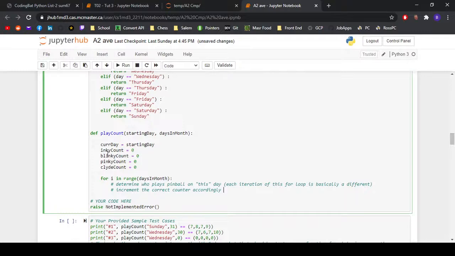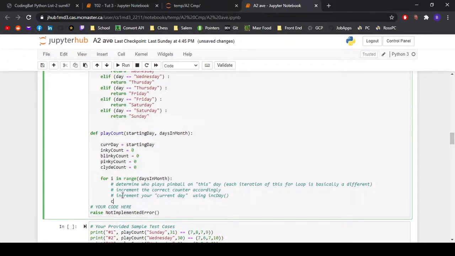If you know that Inky played on a given day, then you're going to increment Inky's counter by 1, right? And then you're going to call your inkday function on your current day, which increments your current day using inkday. And the way you can do that is something like this, right? Cur day is equal to